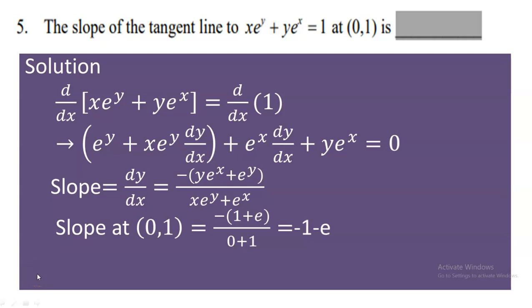So dear students, now you see you can obtain the final answer to be negative 1 minus e. Therefore, the slope at this particular point, at the point (0, 1), is going to be negative 1 minus e. That is good. Now proceeding to the next one, we have another question, and that is question number 6, and